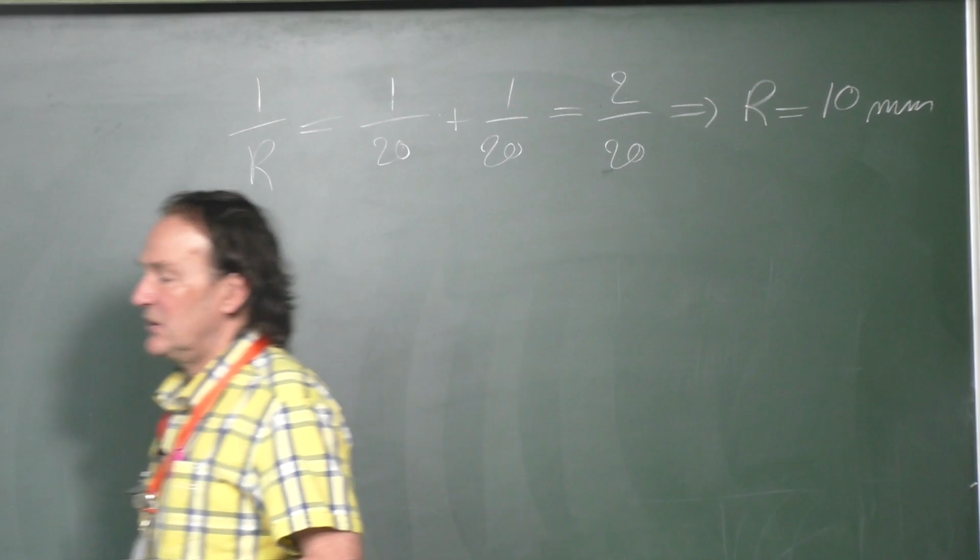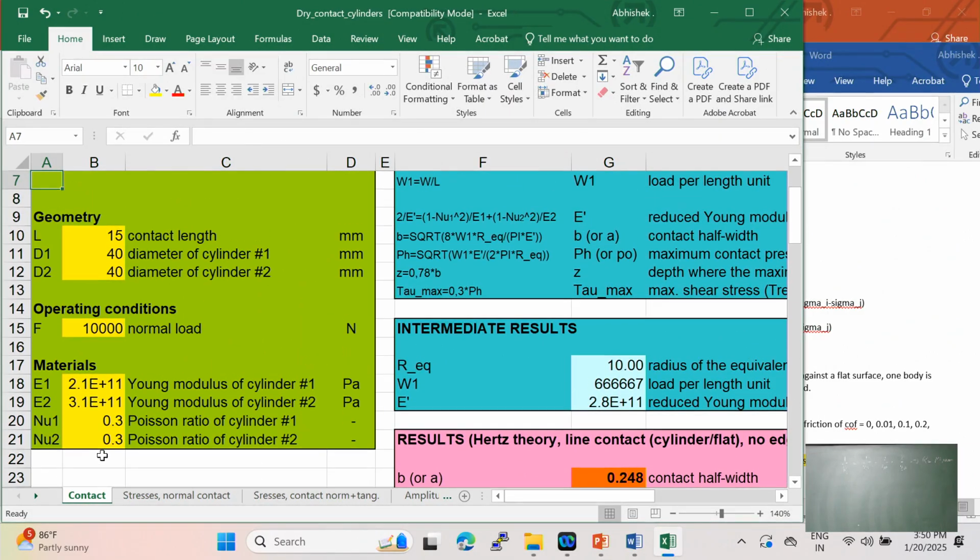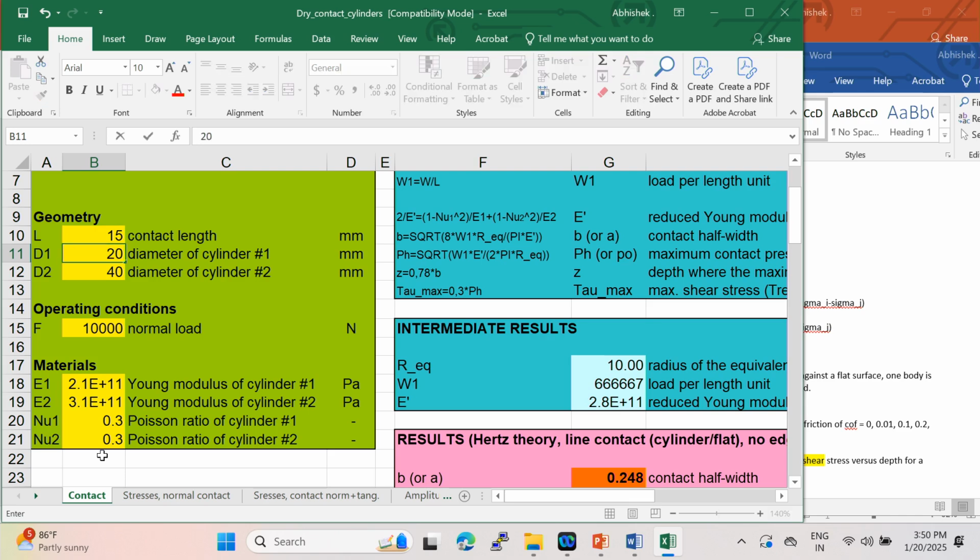Okay, and the first thing I should do is here. Okay, I should modify one of the radii. For example, I keep the top, and I use then 10 millimeter, which means that the diameter is 20 millimeter. The other one is a flat surface. Then the radius should be very, very large. For example, 1 exponential plus 90. Okay, this is a flat surface.